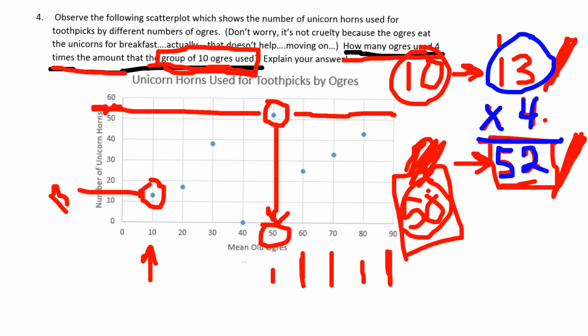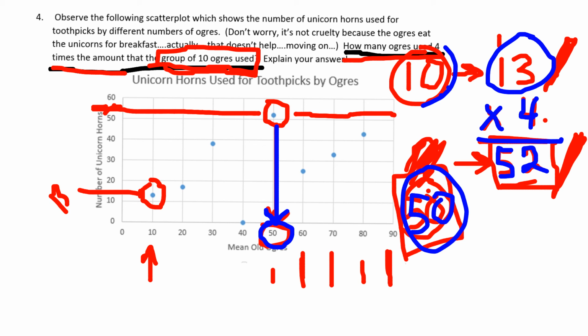So the group of 10 ogres used 13, 4 times that amount is 52, and they want to know what group used 52. And it shows us that that is the group of 50 ogres. So the answer is